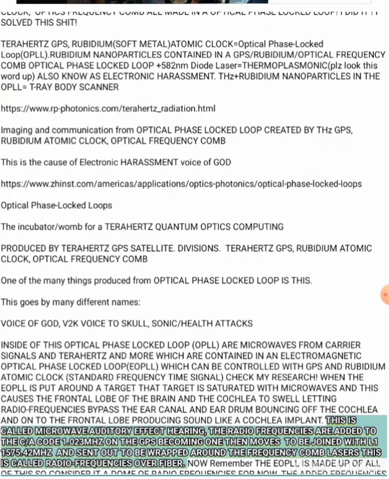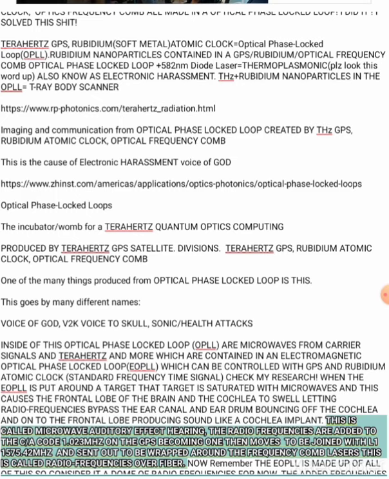The radio frequencies are added to the C/A code, 1.023 MHz on the GPS, then moved to be joined with L1, 1575.42 MHz, and sent out to be wrapped around the frequency comb lasers. This is called radio frequencies over fiber. Now remember, the EOPLL is made up of all of this, so consider it a dome of radio frequencies for now.